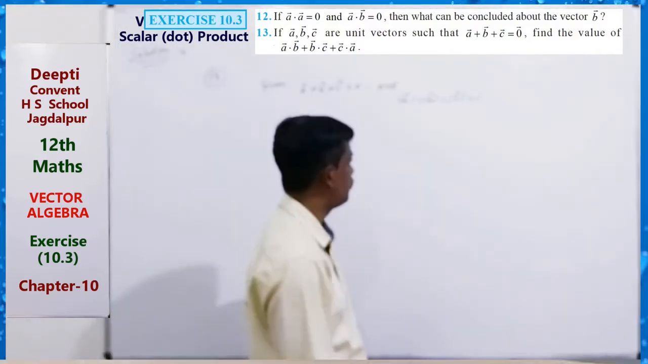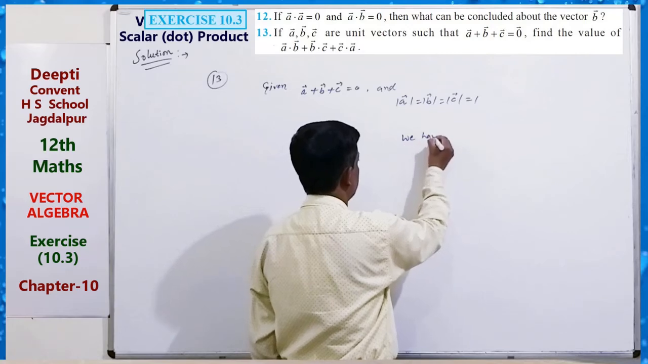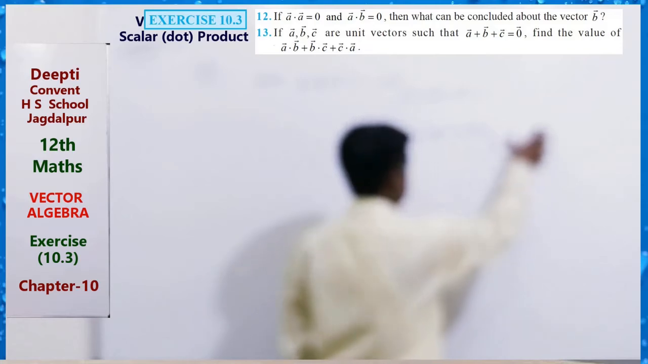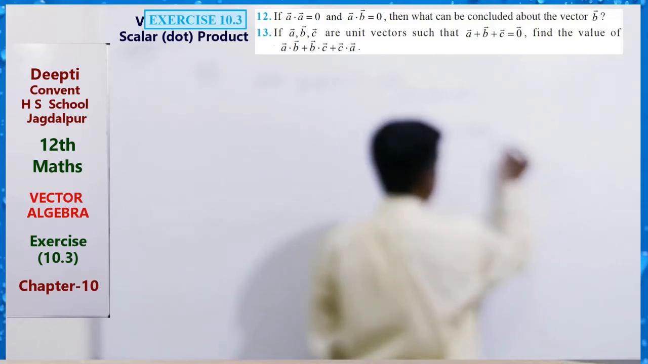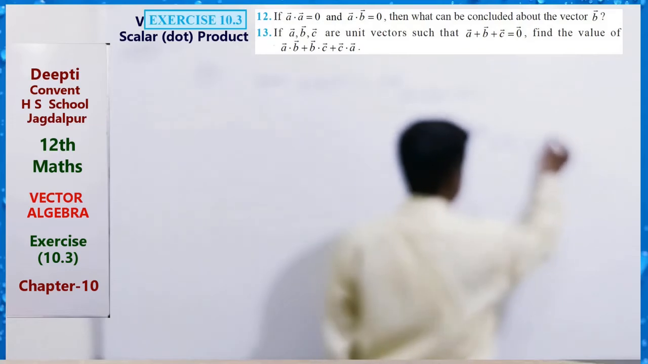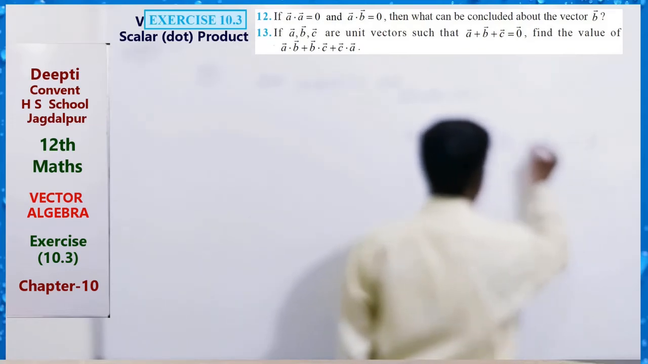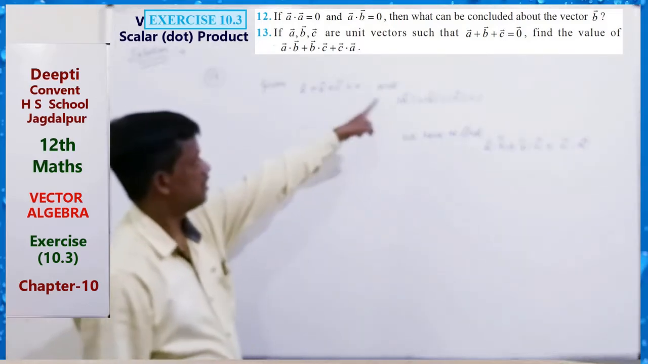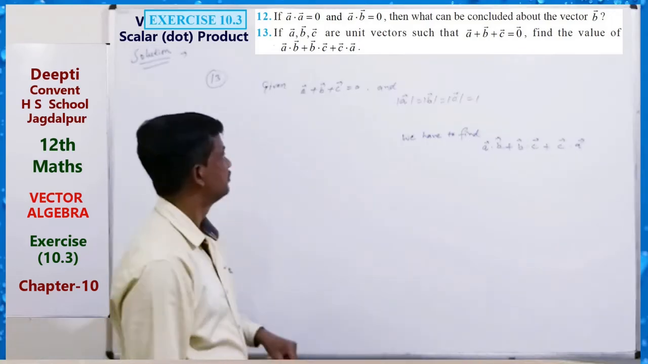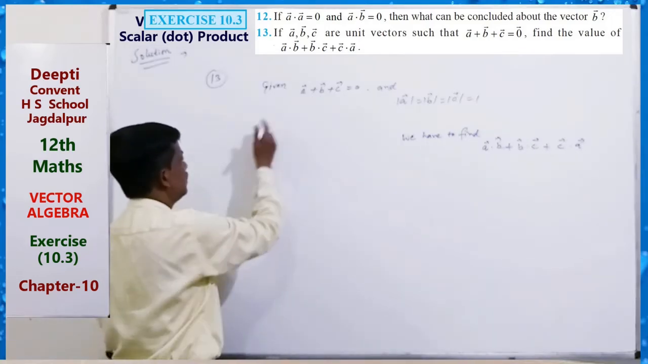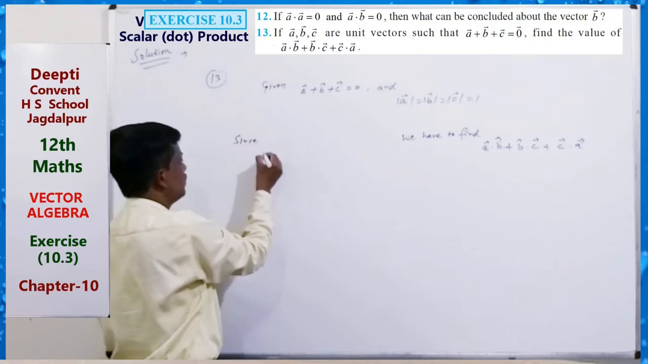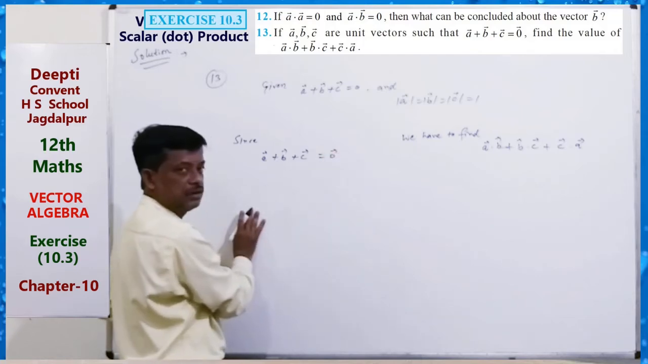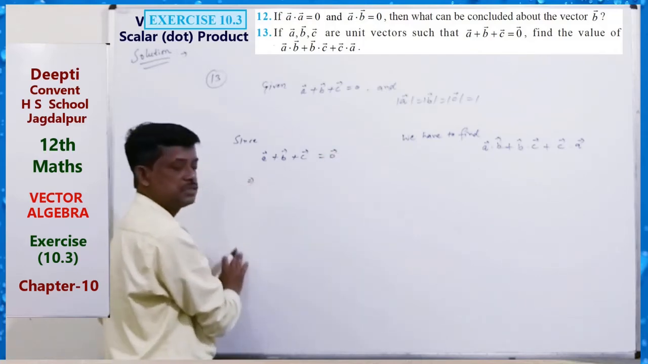We have to find the value of A dot B, B dot C, C dot A. Just this. Okay? So here unit vectors means this. Now this is given: since A plus B plus C equals 0 vector, it implies